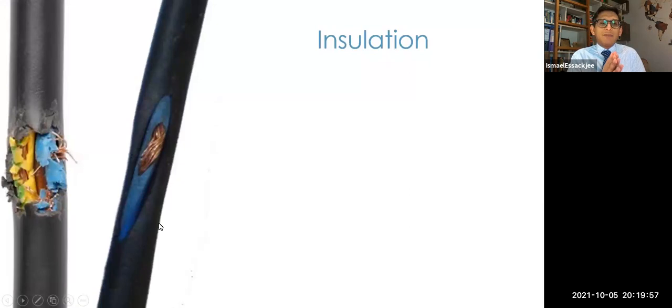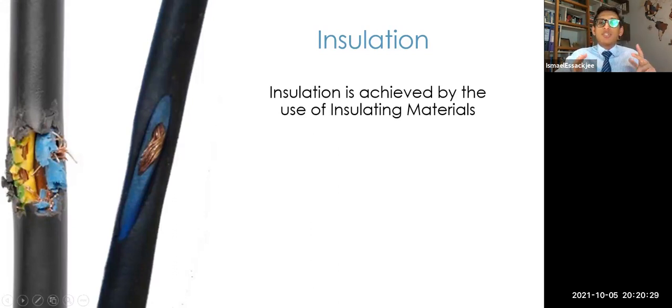Anyway, before even considering your IoT devices, your lab equipment, your project that you are doing, or any activity, you need to be cautious about the insulation. These cables, this is what you have inside. Copper wire, this is what is carrying current, and over this conductor, we have what we call an insulation layer. Insulation is achieved by using insulating materials. Basically, we have PVC. The general one that we have in our home is PVC.